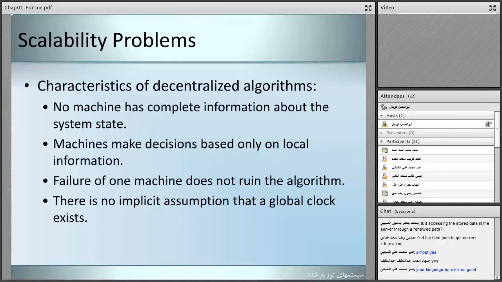Decentralized services and decentralized data are clear. For example, in online banking, it's a good idea to use different servers to store data, not one single server. So we won't have a bottleneck problem if we have some servers, for example, 3 or 4 servers instead of one single server. But about decentralized algorithms,